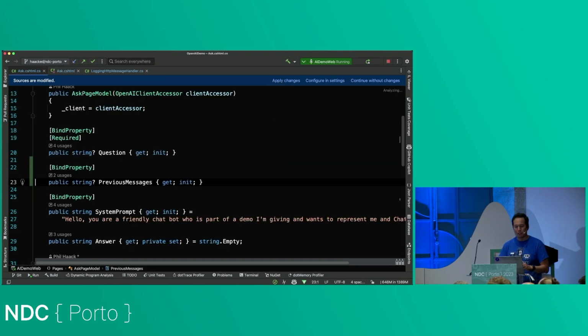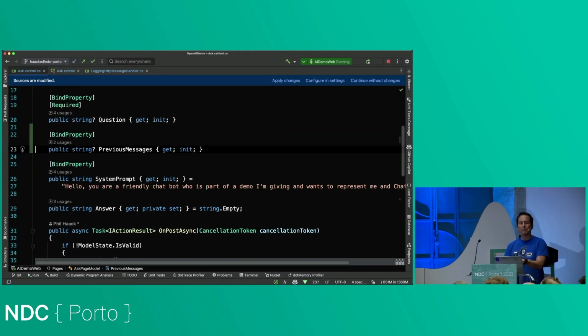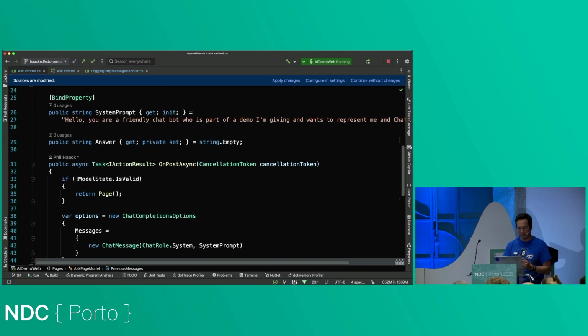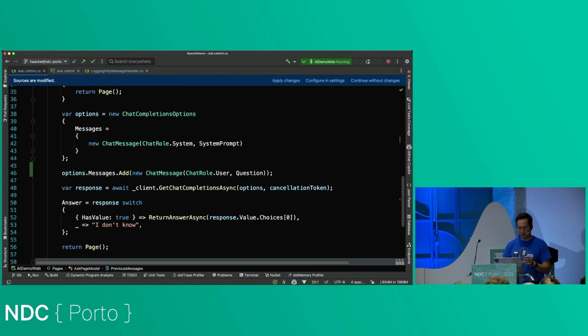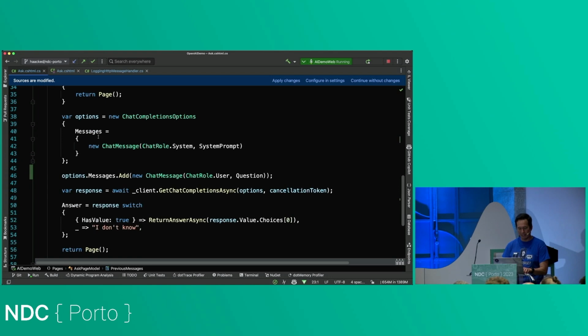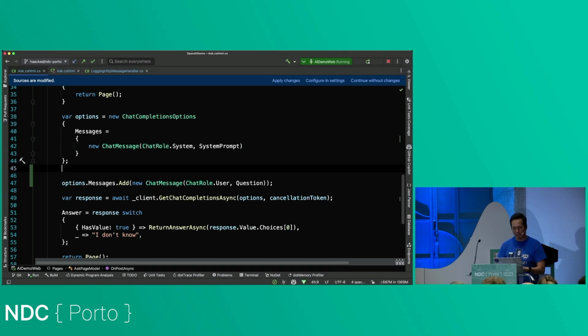Okay. So the idea here is, I have this property where every time I post back, I'm going to post back the entire history of this conversation. Now, in a real application, it should be a window of the history. You might summarize the previous messages because you don't want that prompt going too big. We don't have time for all of that, so I'm just going to do the simplest thing possible, right? So now what I want to do is I need to grab that previous message and then deserialize it into a set of chat messages, right?